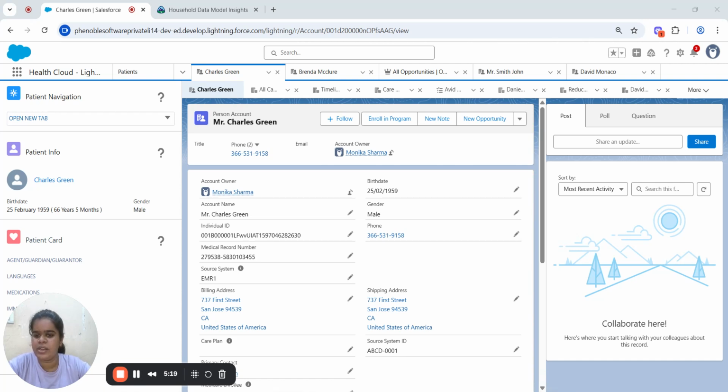So Charles Green has medical insurance from, for example, Blooming Healthcare health plan, with account type payer. If we create an account which has the record type payer, and the name is Blooming Health Plan, right? His insurance company is linked to him and his payee, right? And Charles's coverage includes transportation for medical appointments, right?